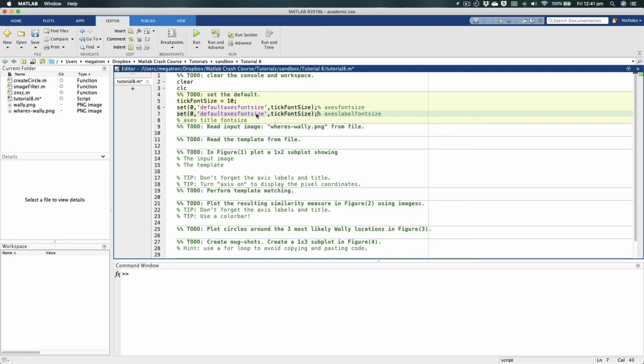Next one we want to do is default axis label font size, and we'll make this